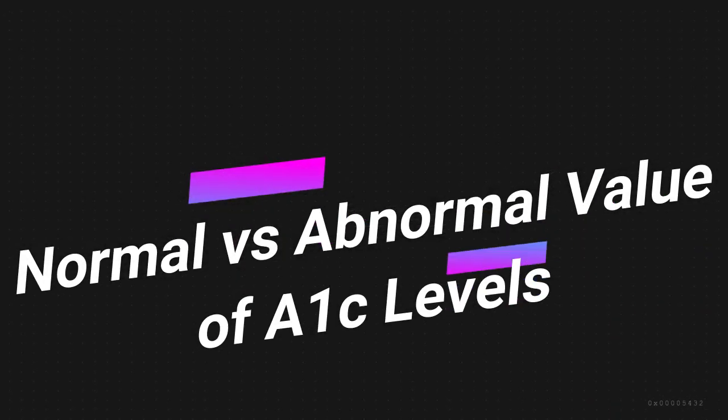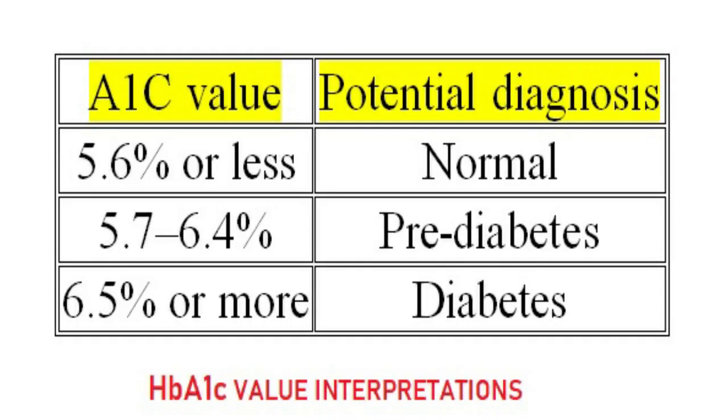Normal and abnormal values of A1c levels. The International Expert Committee on the role of HbA1c in the diagnosis of diabetes and the ADA, that is the American Diabetes Association, recommended that if the HbA1c level is more than 6.5%, the person is diabetic. Levels of HbA1c between 5.7 and 6.4%, called the high risk range, are pre-diabetic, that is, within a few years they may develop diabetes and might be considered for taking action to prevent diabetes, while values less than 5.7 are diagnosed as normal.